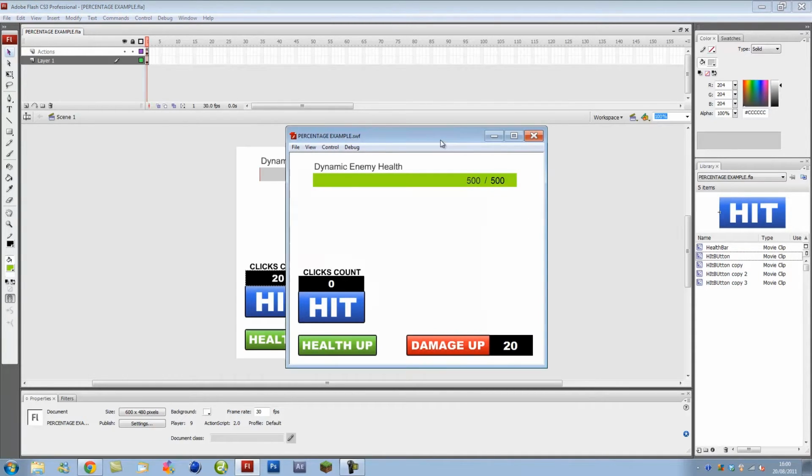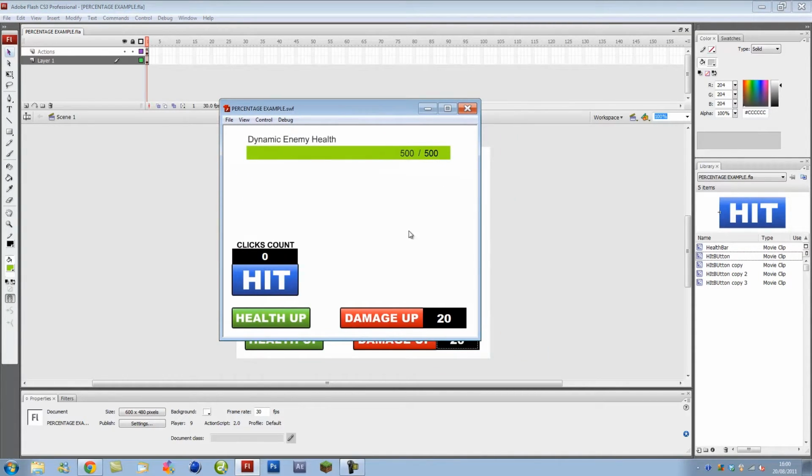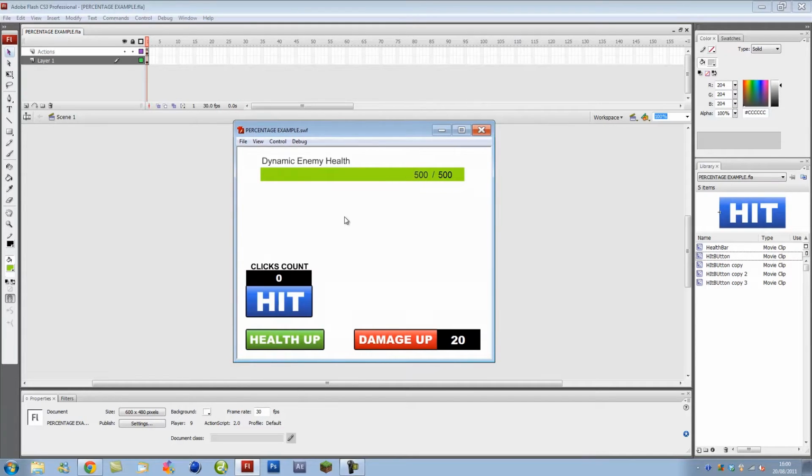So if I run the project, as you can see, I've got a few bits of user interface up at the moment, and I'll explain everything. We've got our health bar, 500 by 500. If you've played many RPG games, then you should know that a green health bar is very healthy. The second bunch of digits here will be the maximum health, and the first lot will be the current health. So at the moment, hit would be our damage counter, and these would be our buffs down here,